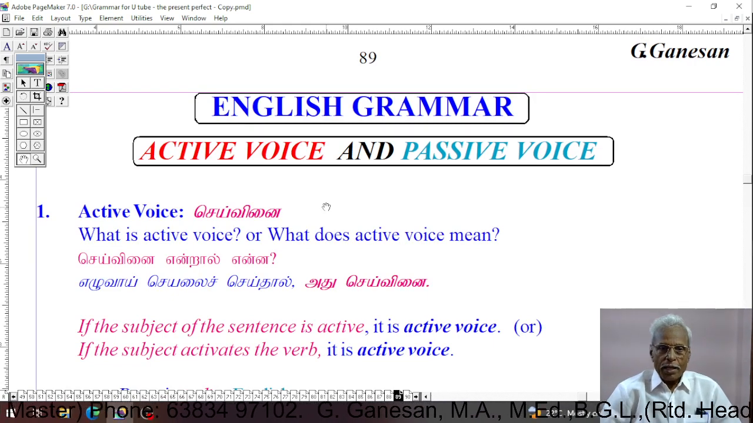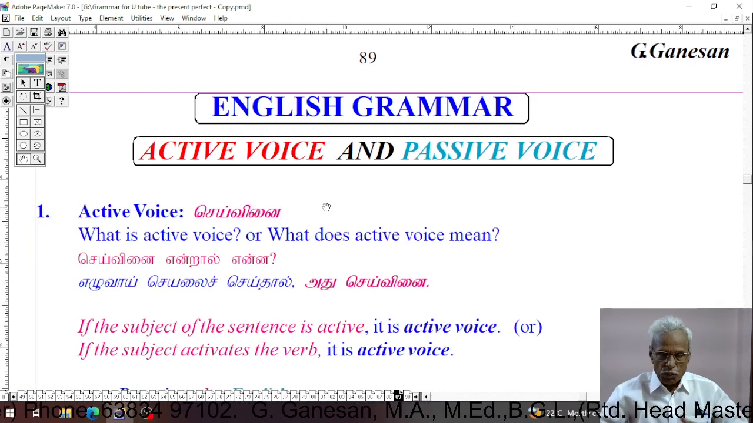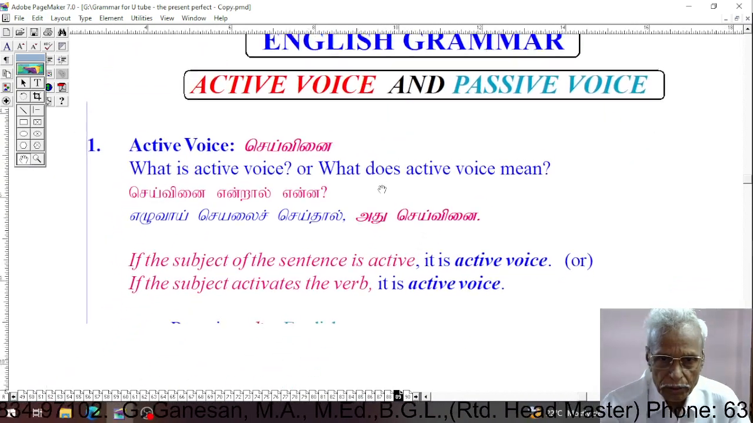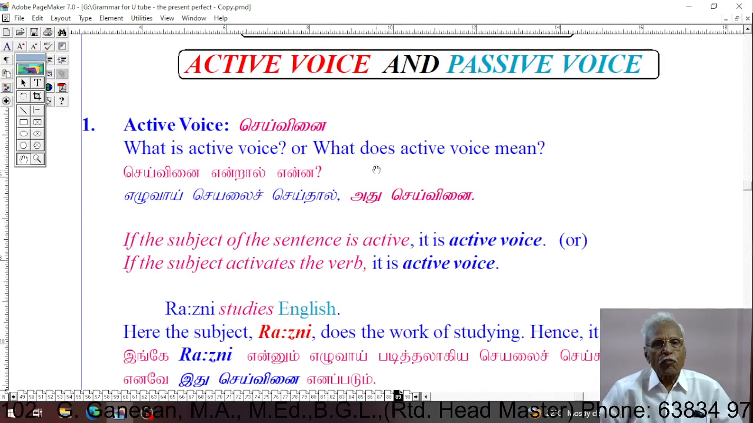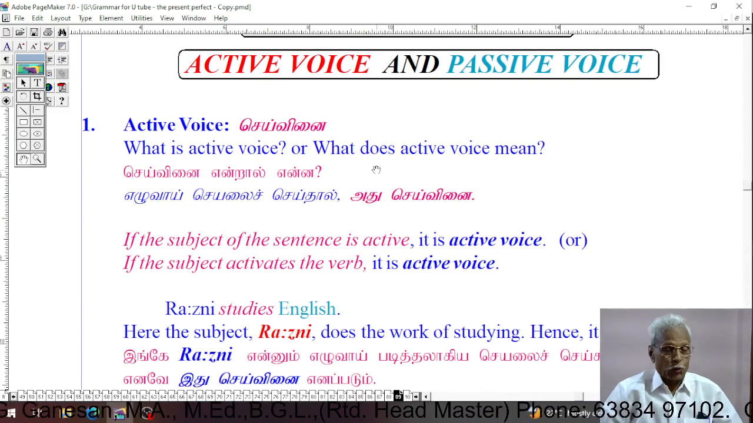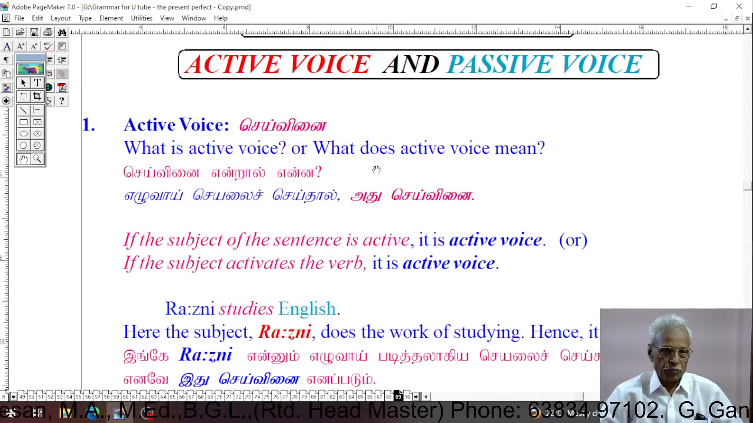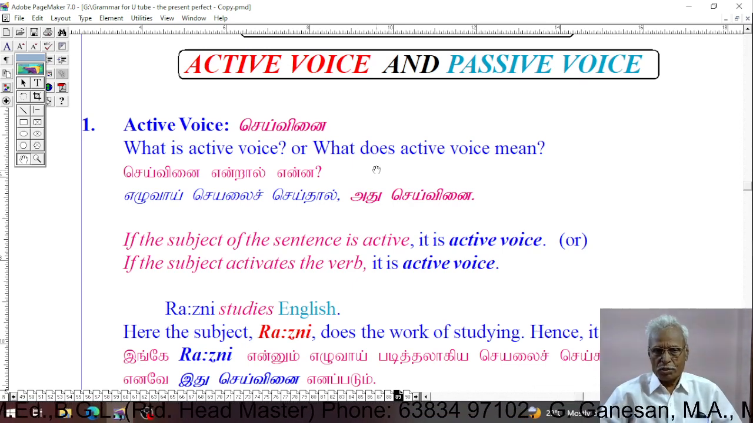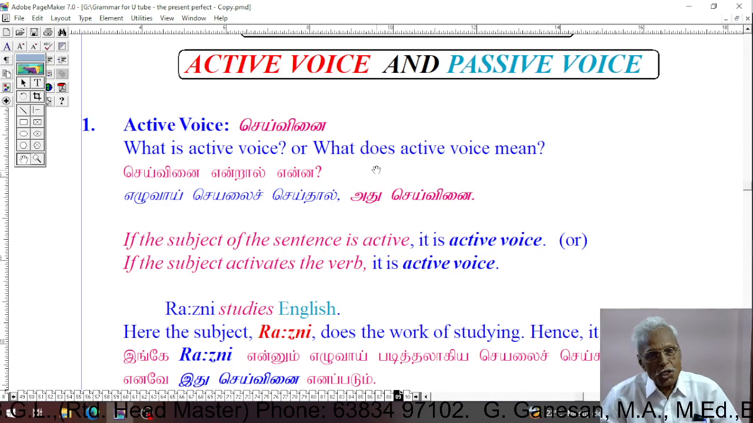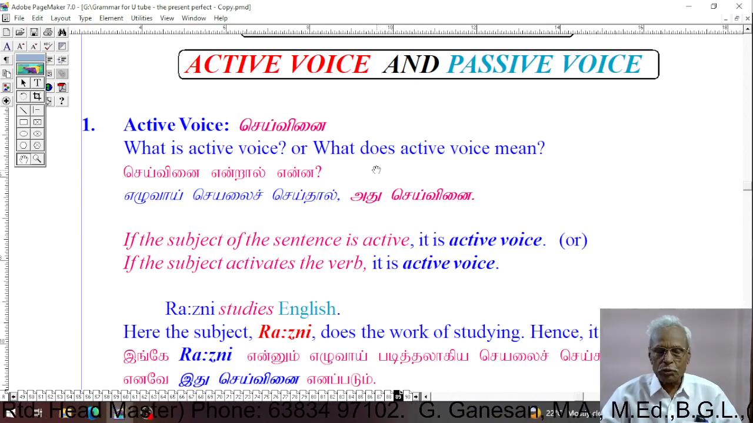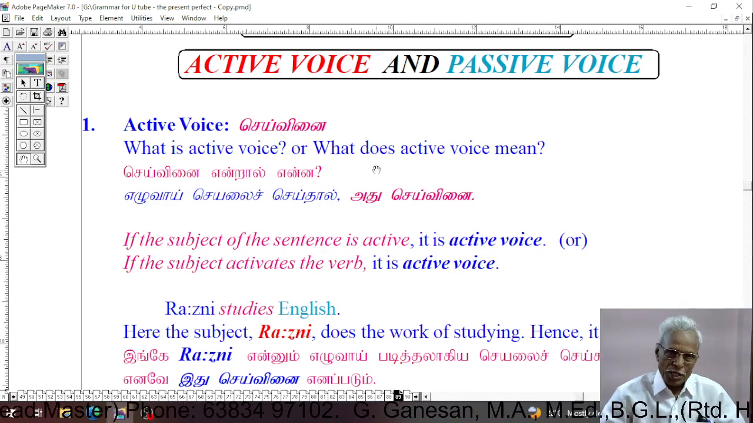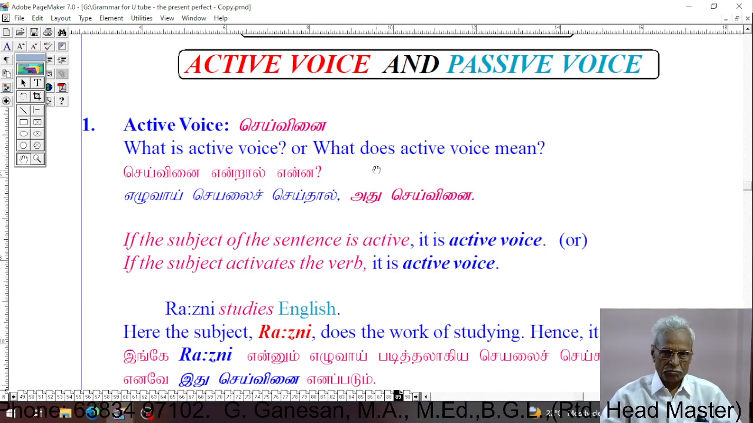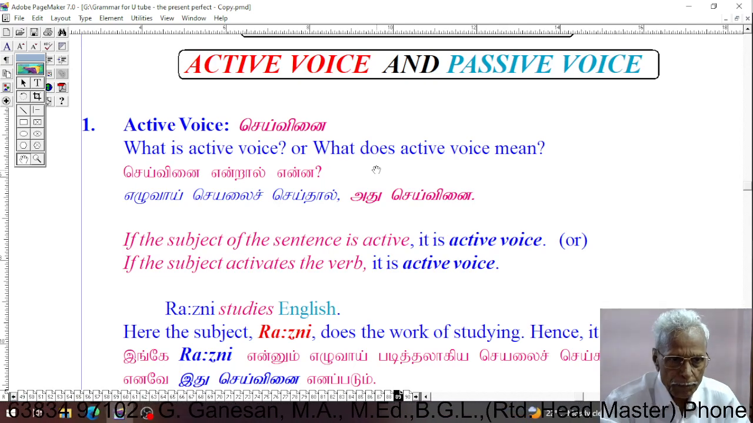English grammar, active voice and passive voice. First of all, let us know what is active voice. What does active voice mean? We can put the question in any way. What is active voice? What does active voice mean? The answer is